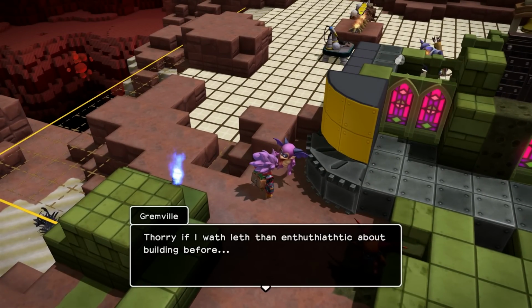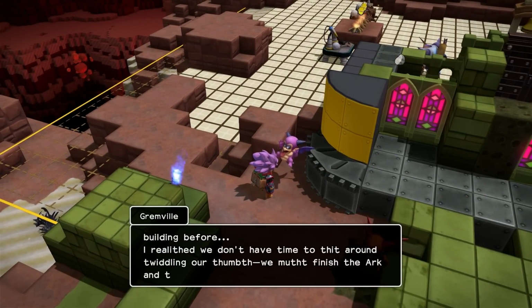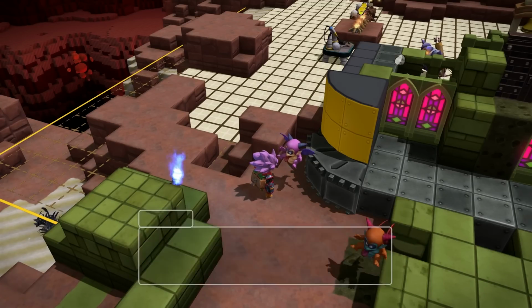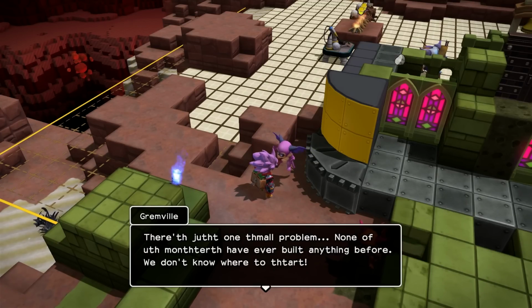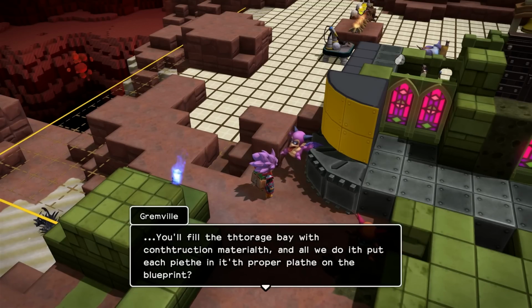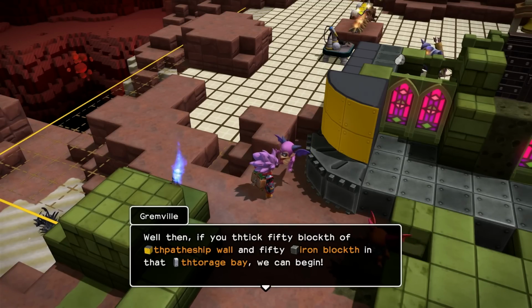Sorry if I was less than enthusiastic about building before. I realized we don't have time to sit around twiddling our thumbs. We must finish the Ark and save our skins. There's just one small problem. None of us motherfuckers have ever built anything before. We don't know where to start. Well, allow me. You'll fill the storage bay with construction materials, and all we do is put each piece in the proper place on the blueprint? Well then, if you stick 50 blocks of spaceship wall...